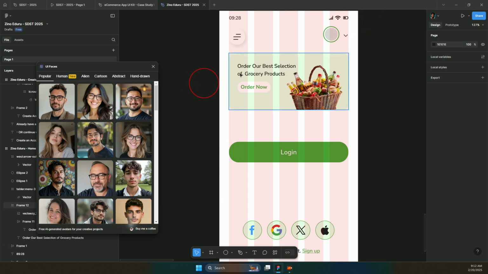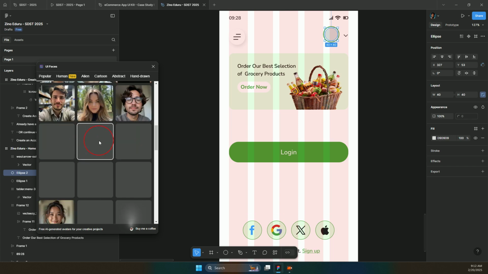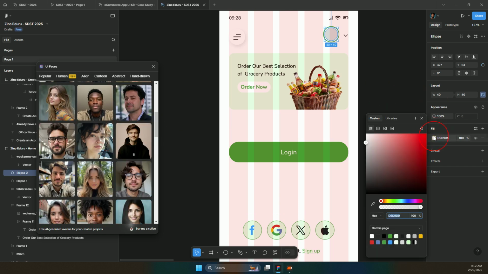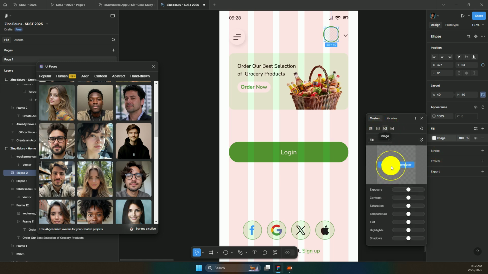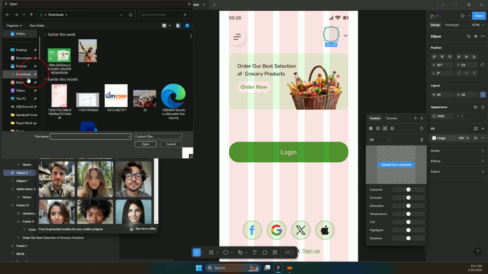Okay, so you click on the circle right now, the one you have inside. Click on the circle, and then you look for an image that you want, maybe a female or a male, or you can actually fill it with your own image, which is still nice. You know, just click on this, and then you upload from your computer. Okay, when you upload from your computer, you look for it in downloads. You can actually go to